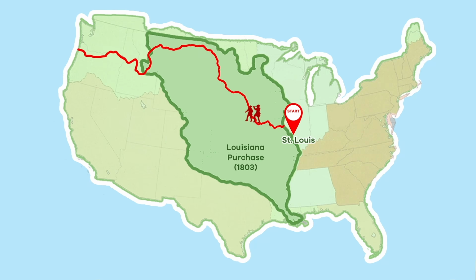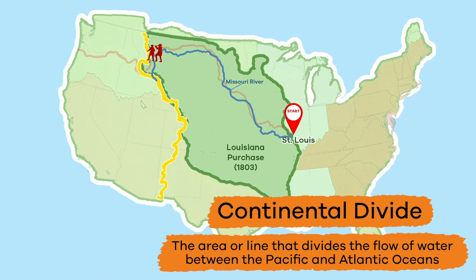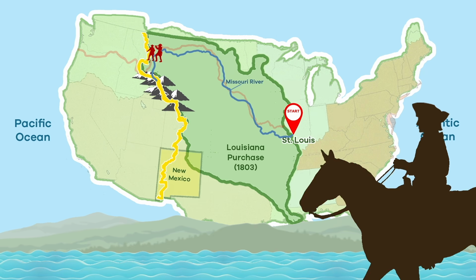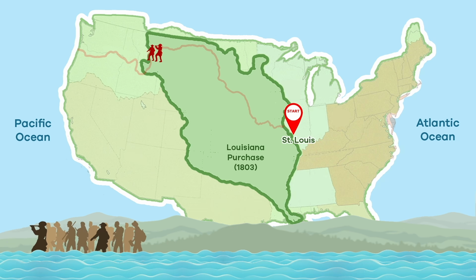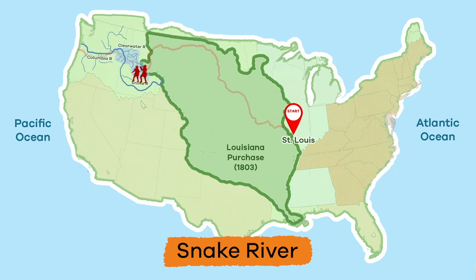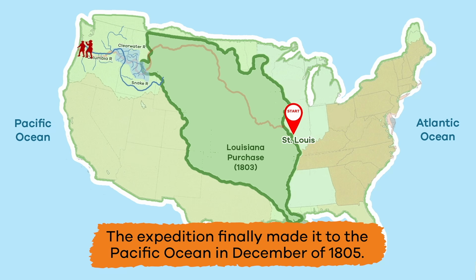The expedition came across the Missouri River, then arrived at the Continental Divide, which is the area or line that divides the flow of water between the Pacific and Atlantic Oceans. It runs along the top of the Rocky Mountains down to New Mexico. They traveled by horseback, canoe, and on foot as they explored the land, documenting animals, plants, and geography. After traveling on the Clearwater River, Snake River, and Columbia River, the expedition finally made it to the Pacific Ocean